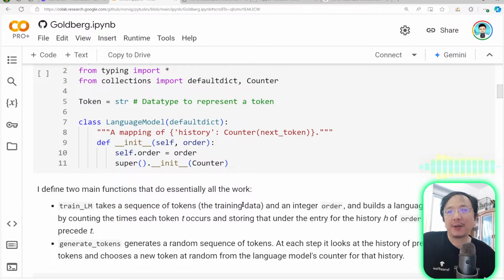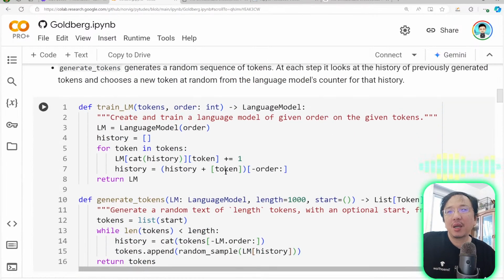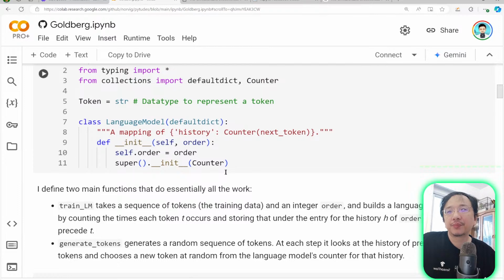So you can see that in this language model, it first takes an order, like order 4, 5, or 6, and it initializes a counter, and itself is a default dict, which means it is a dictionary. But if some key does not exist and you access the key, it will automatically construct a default object of